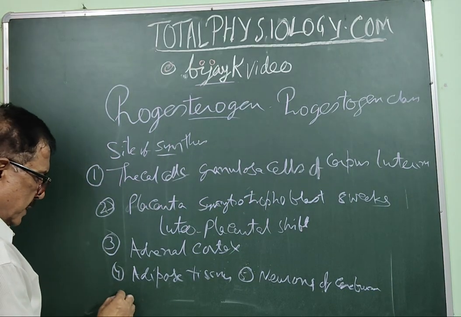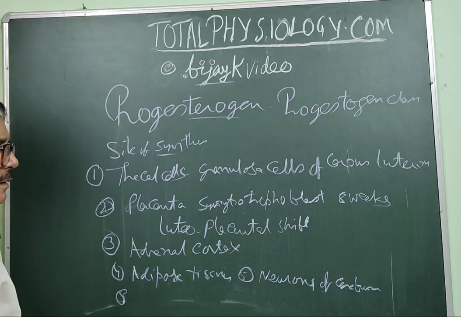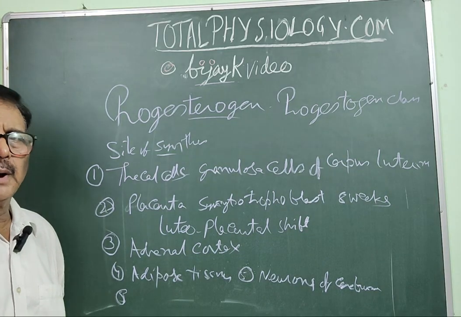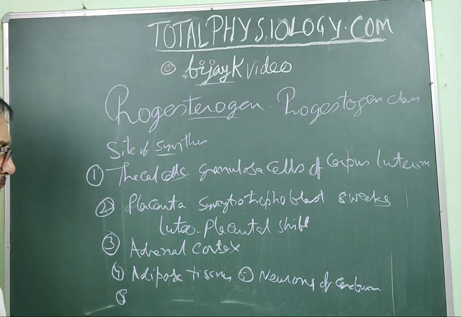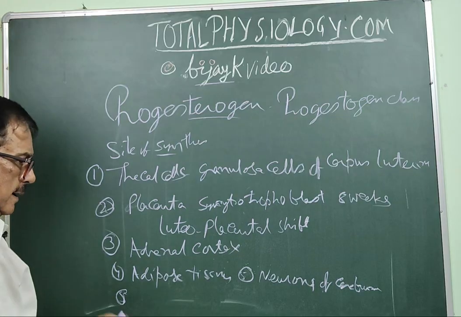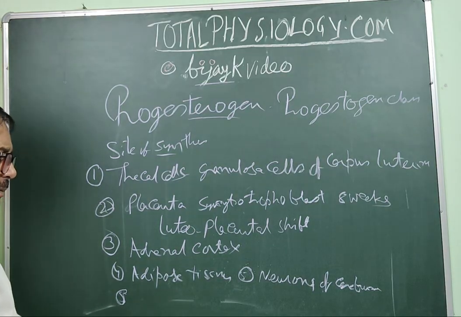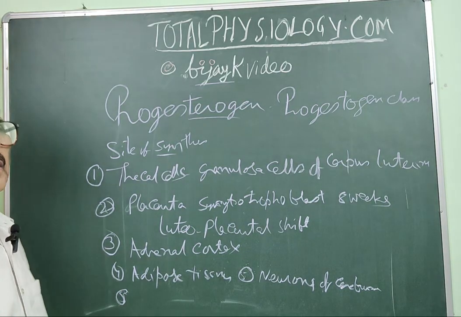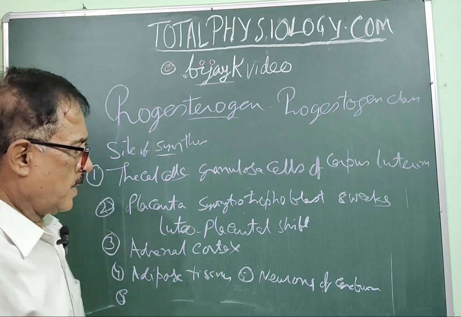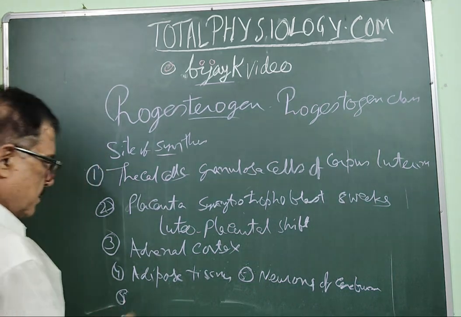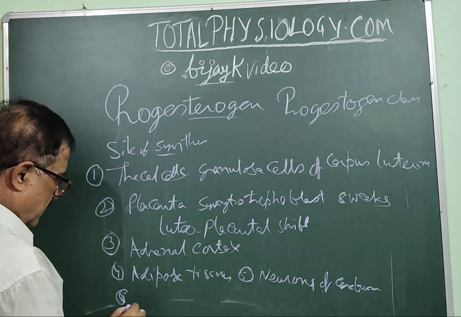And it is also present in milk, animal milk. After consuming animal milk, it is used as progesterone. Progesterone is also present in